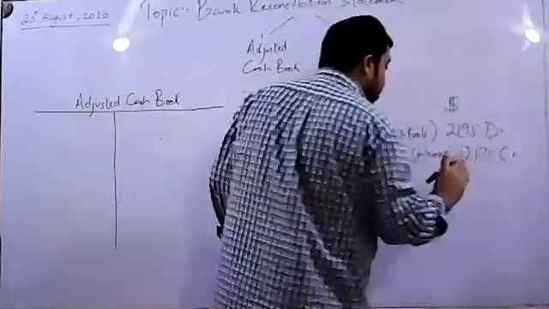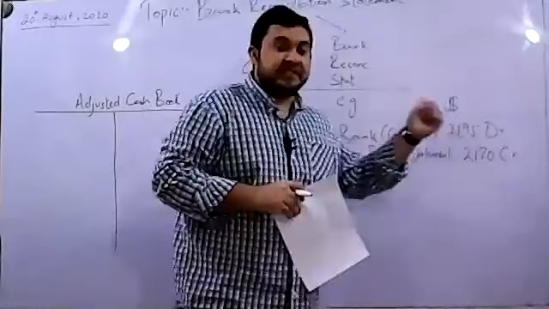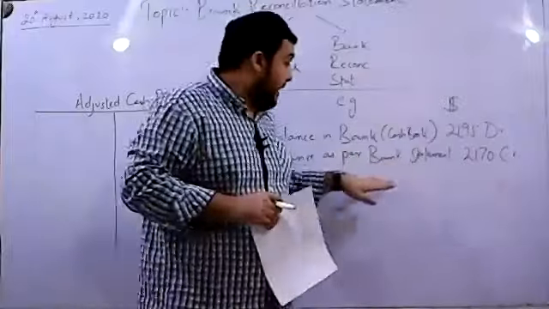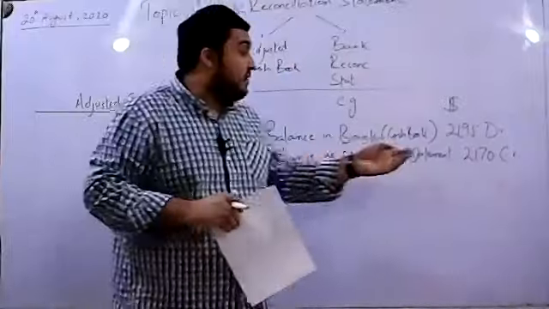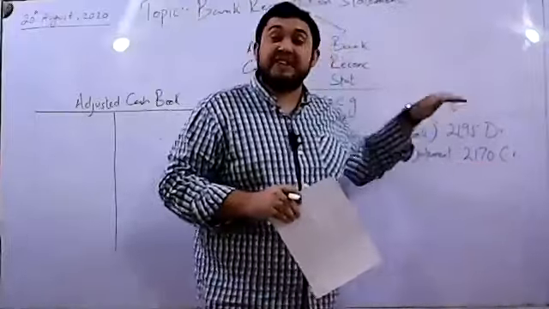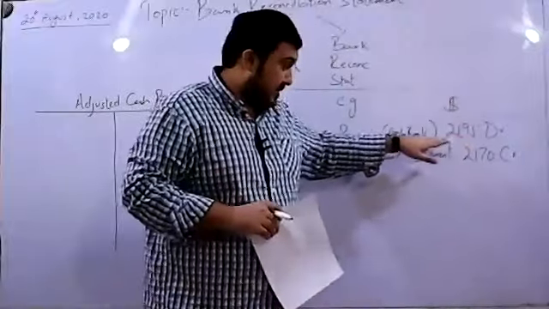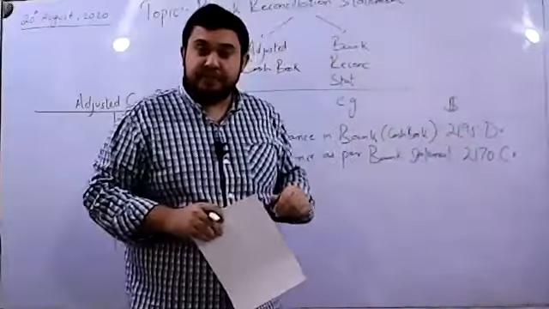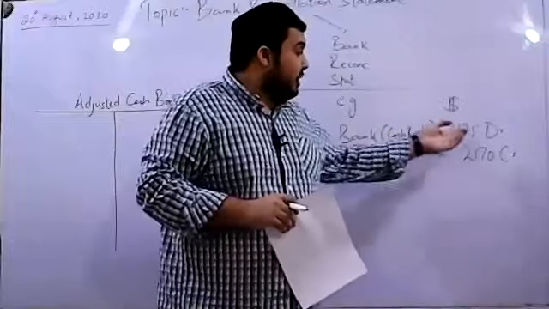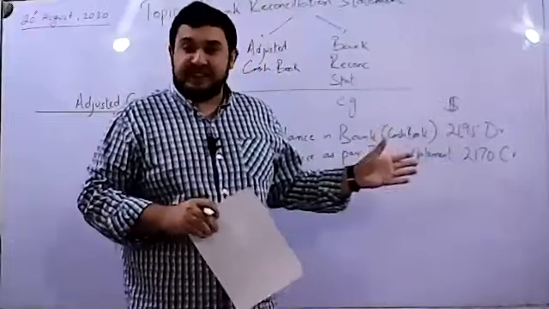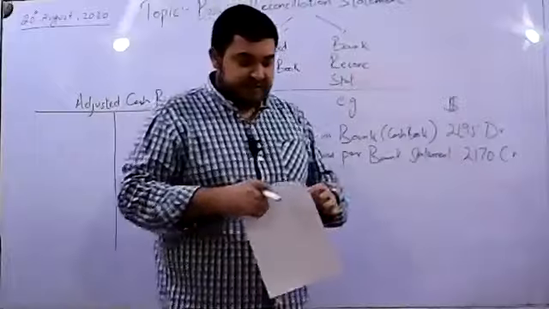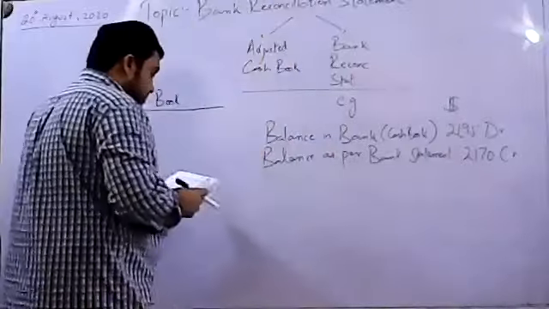2170 credit. Now, obviously, if we have a debit balance, that means it is our asset. The bank statement would probably then be having a credit balance, because for them it is a liability. But there is a difference between the balances. Even though the difference is only worth $25, still there is a difference, and we need to reconcile this difference.